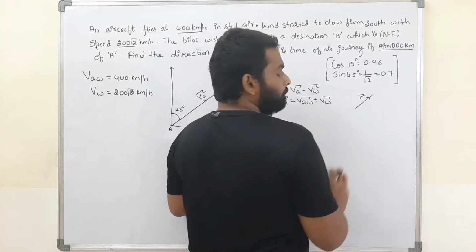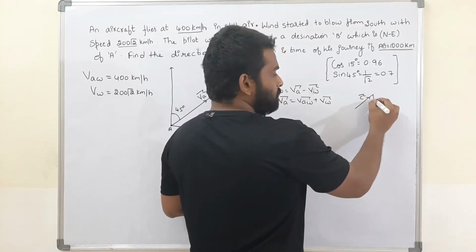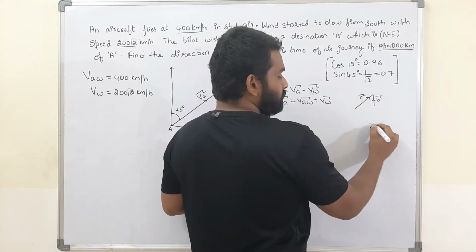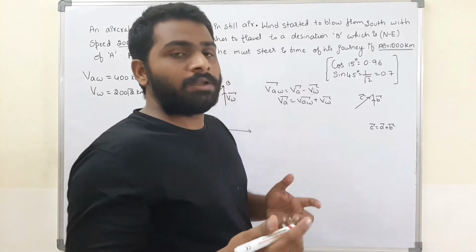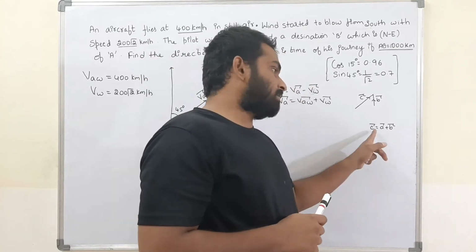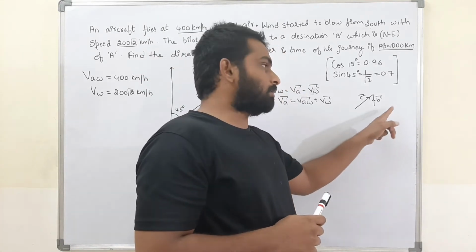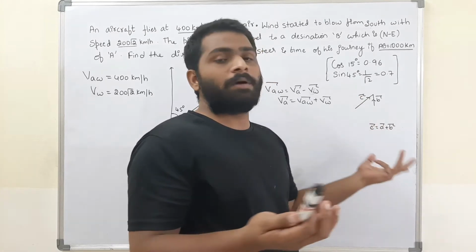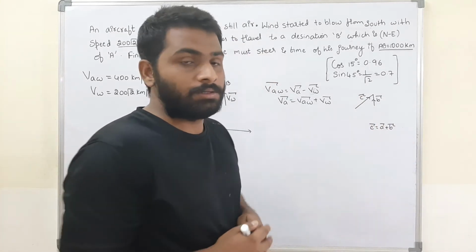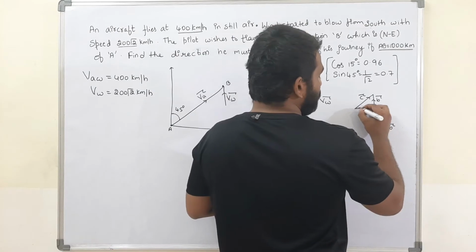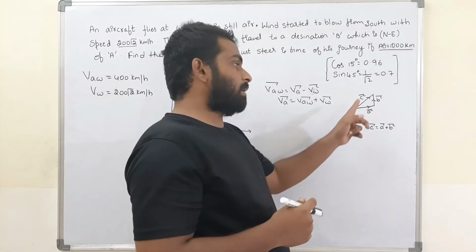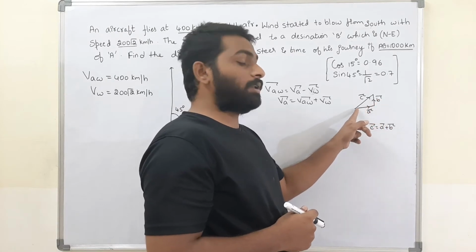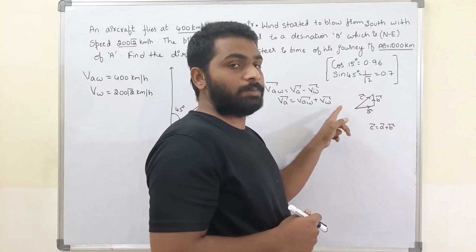This is C bar. This is B bar. Now, they told C bar is equal to A bar plus B bar. Now, what is A bar? Where is A bar? C bar is the resultant of A bar and B bar. This is B bar, this is C bar. Now, where is A bar? Triangle law. The A bar has to be in this direction, right? If C bar is the resultant of A bar and B bar, by triangle law, A bar plus B bar must be equal to C bar.